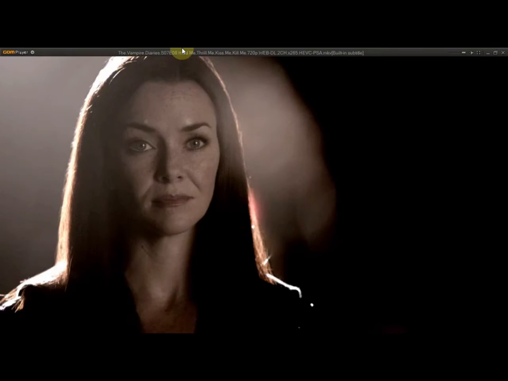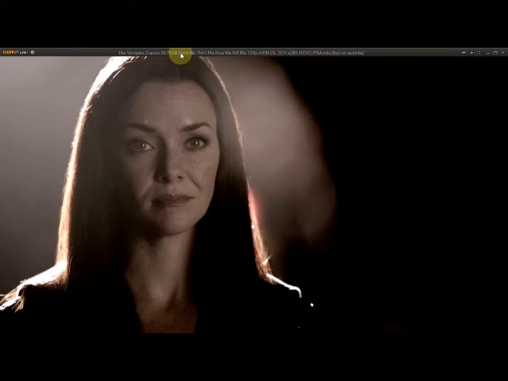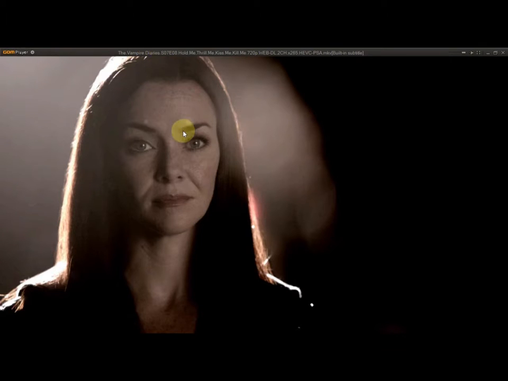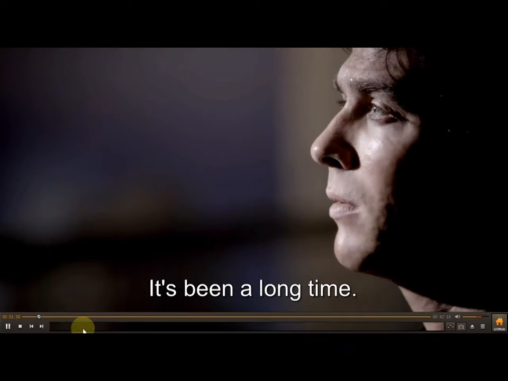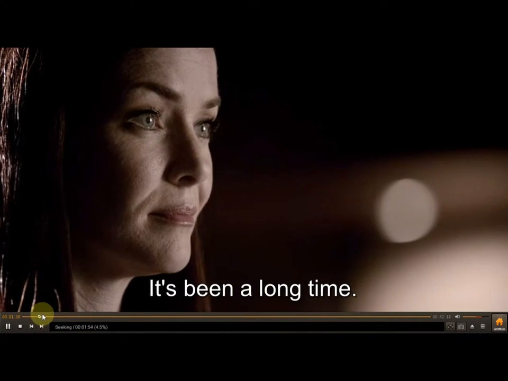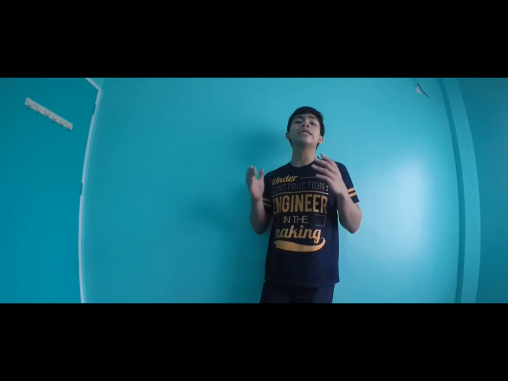Another kind of video software is the video player software. Here we have a GOM Player. It allows us to watch movies, play music videos. And guys, those are the video software examples. Next we have entertainment software, where it allows us to be entertained, like to play games, interaction,